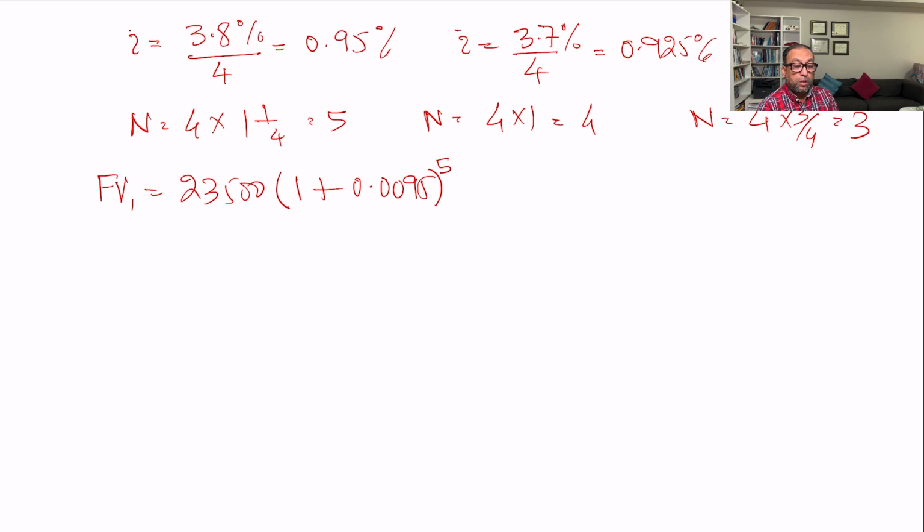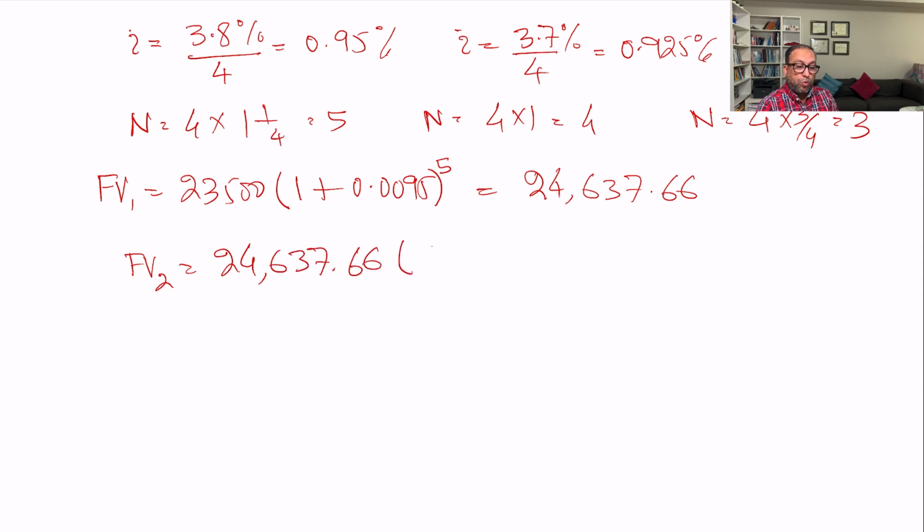So it's going to be 24,637.66. Now FV2 is 24,637.66 into 1 plus 0.00925 exponential 4. So by this way we get it